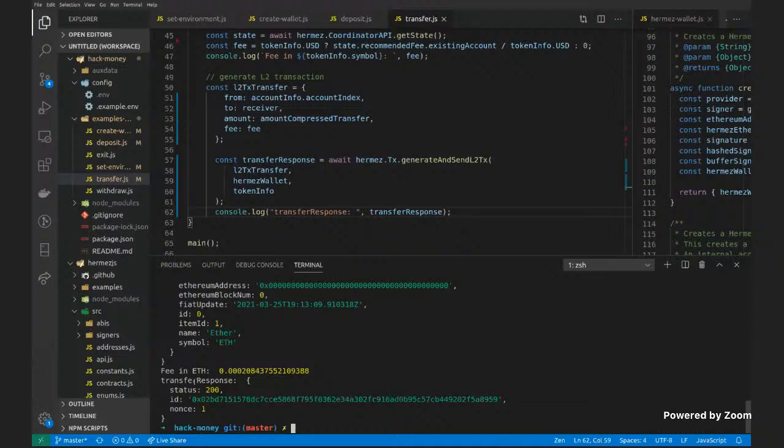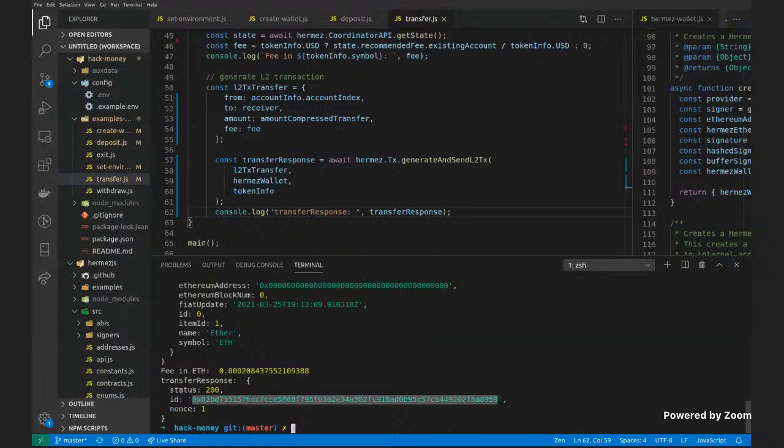It also checks whether the nonce is the one your account needs in order to perform this transaction. The transaction has been inserted into the pool, and it will be processed in a few minutes. It's important that the coordinator responds that the status is okay,